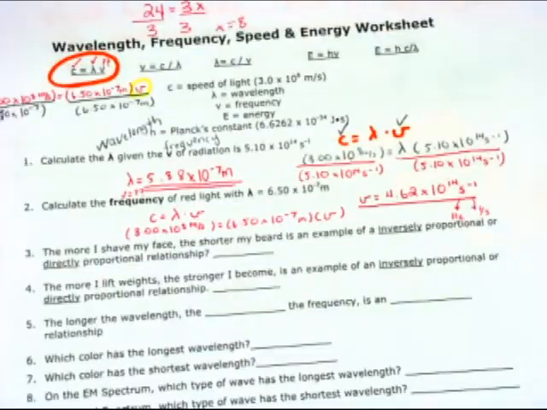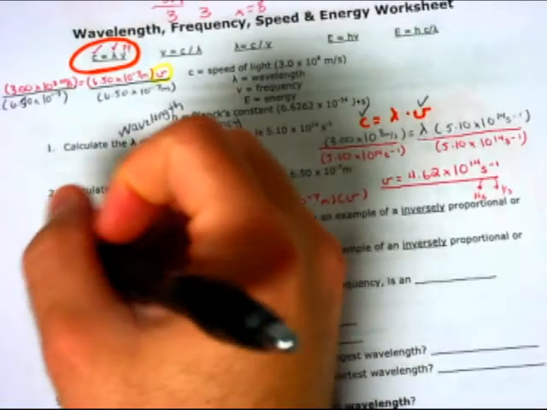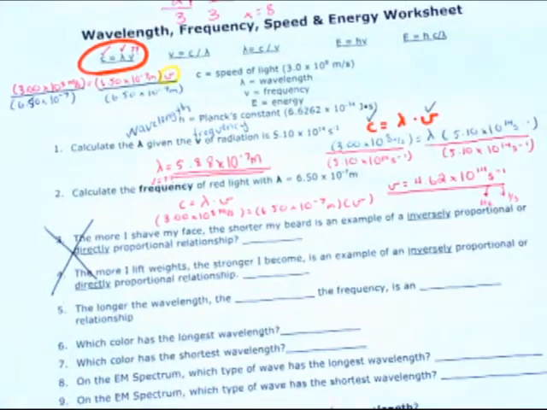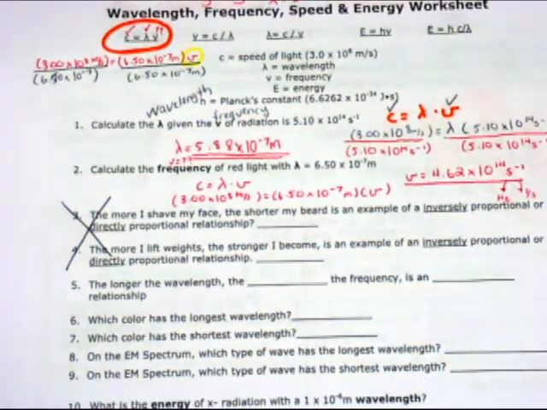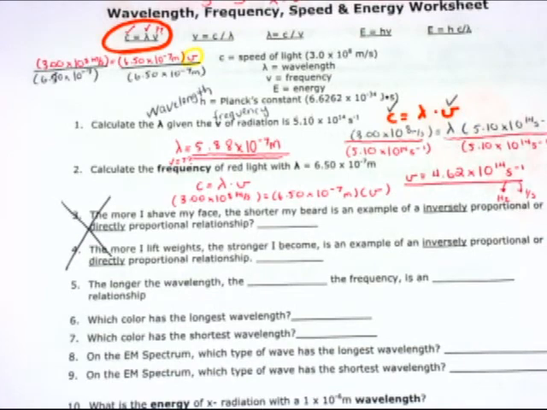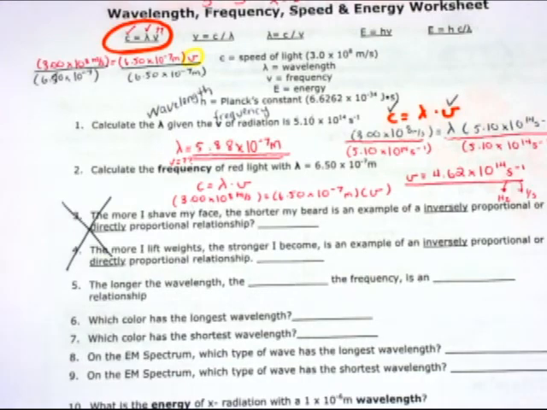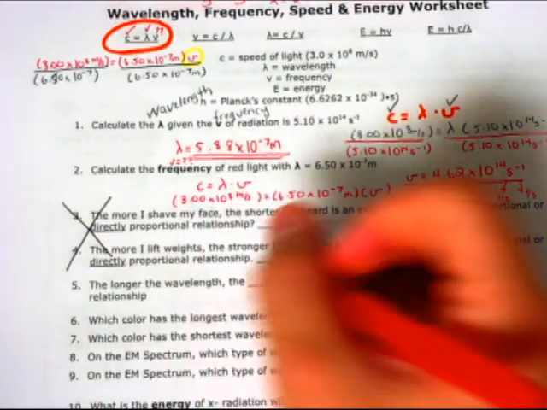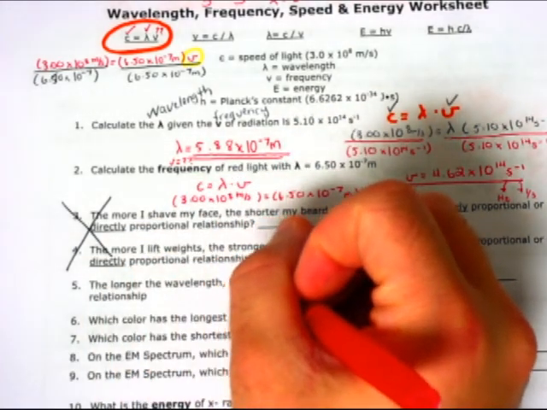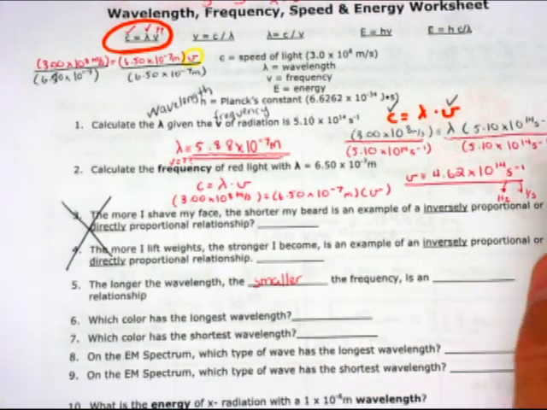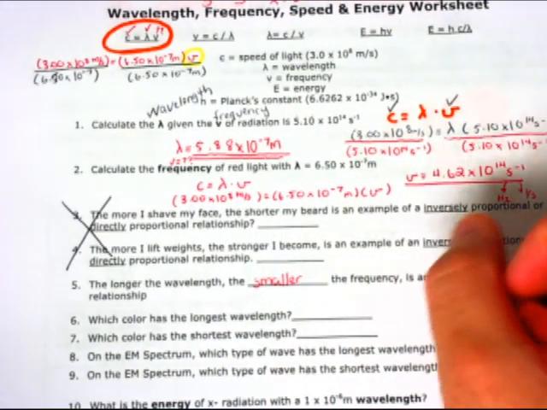If you'll go back to this worksheet real quick. You can skip questions 3 and 4. We're not going to work on those on the front. But let's go through question 5 real quick. It says, the longer the wavelength, the blank the frequency. Bigger wavelength equates to what? Smaller. They're inverse relationships. So longer wavelength, the shorter or smaller the frequency. And what type of relationship is this? Indirect or